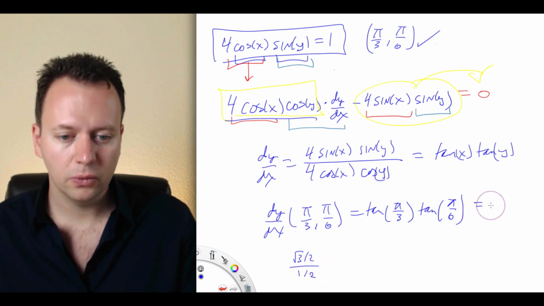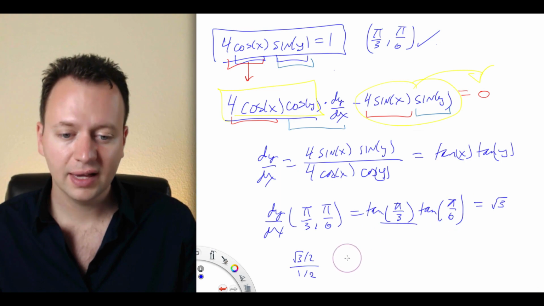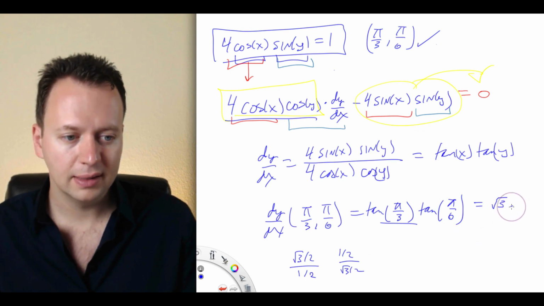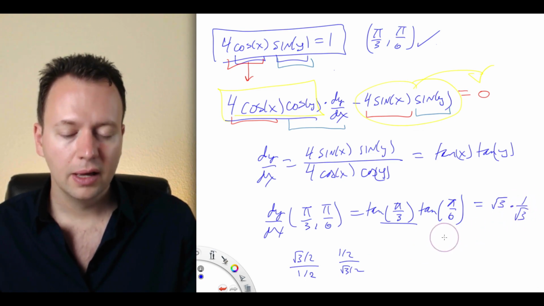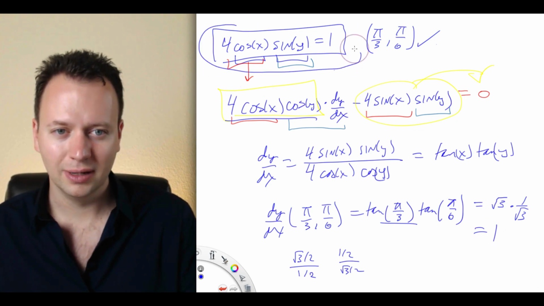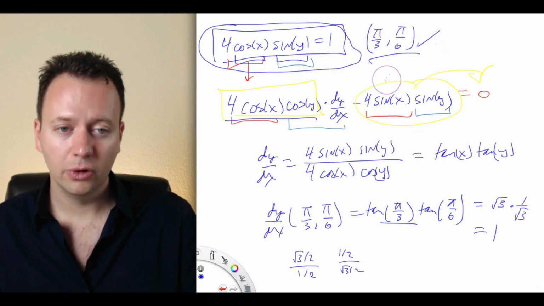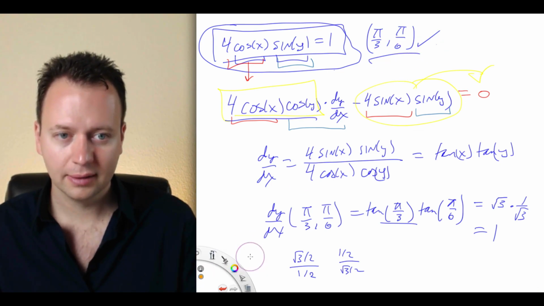So this is going to equal root 3 from the first term. Pi over 6, sine of pi over 6 is 1/2. Cosine of pi over 6 is root 3 over 2. So we get times 1 over root 3. So basically this equation has a slope of 1 at this point,